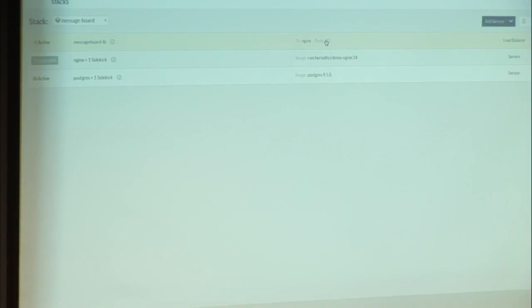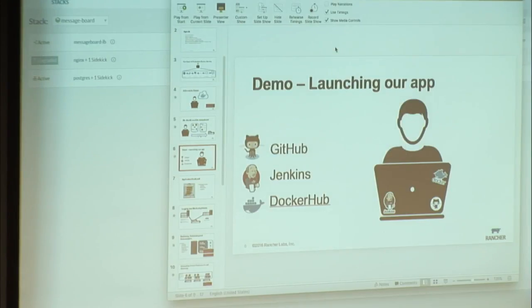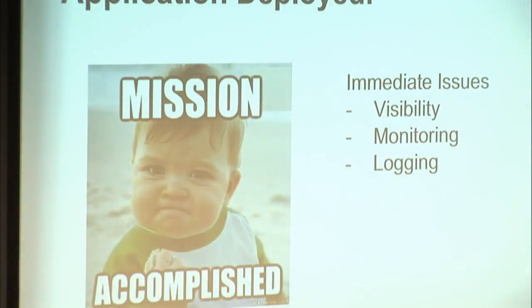And so this worked in my favor, I guess. This sort of illustrates some of the difficulty in those processes where you're relying on just some of the more traditional methods of deployment using existing tooling. So cool. So from here, what we figured is once you've gone through your first deployment, you've got an application up and running. The most common experience is like, awesome, we did it. Unfortunately, Bill didn't do it, so he doesn't even get the mission accomplished badge. So he's a sad baby instead, apparently.